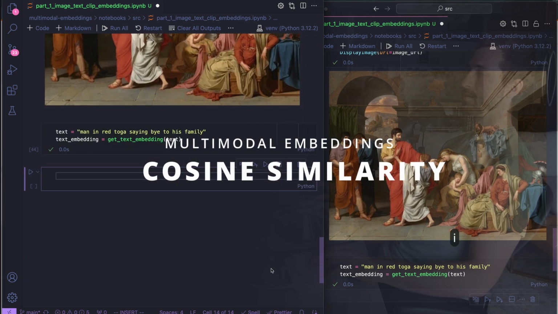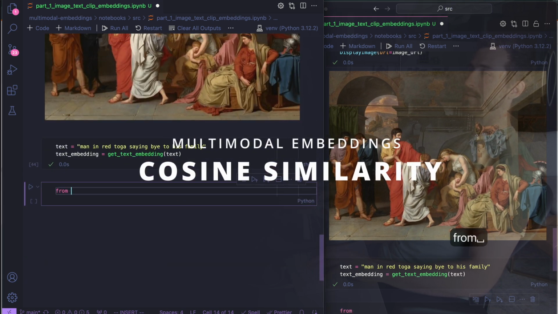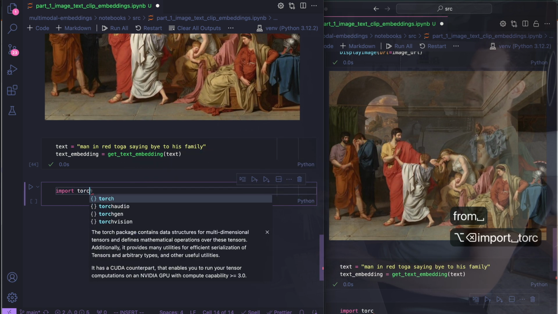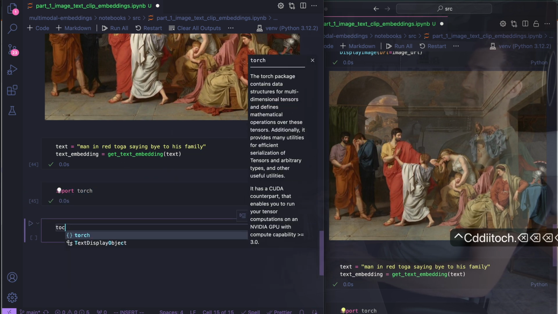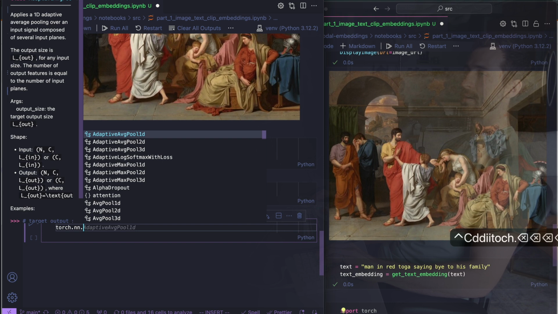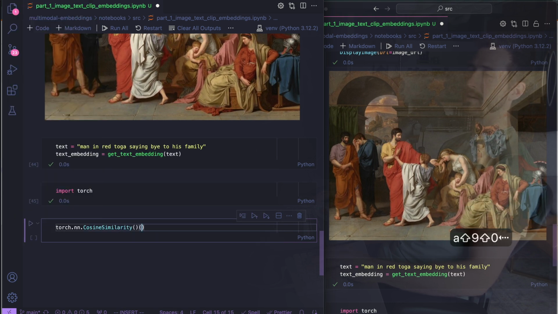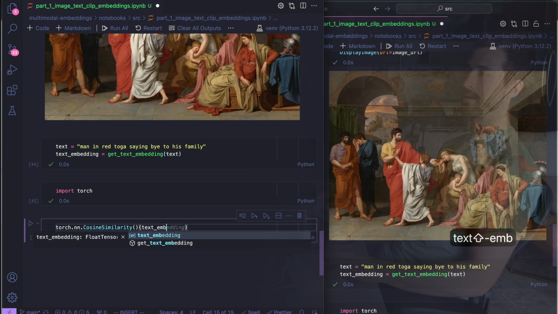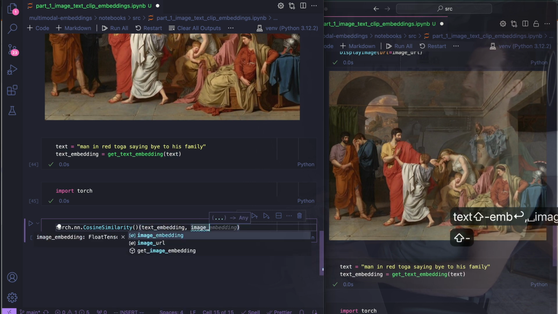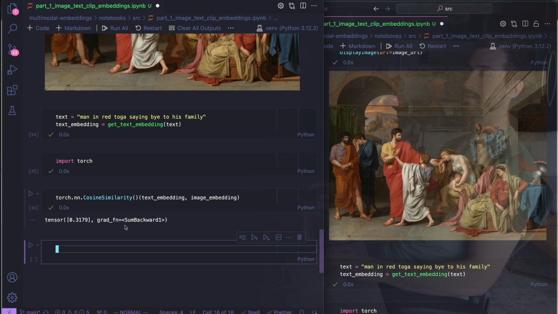There's a way to do the cosine similarity with torch. And so I could just say import torch, which is PyTorch. Then I can access torch.nn.CosineSimilarity, give me a callable, so I can pass in, say, the text embedding and compare that to the image embedding. So I get the cosine similarity in this case is